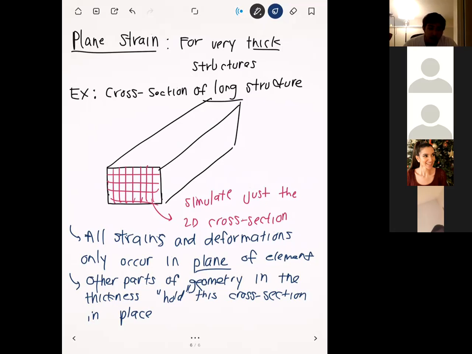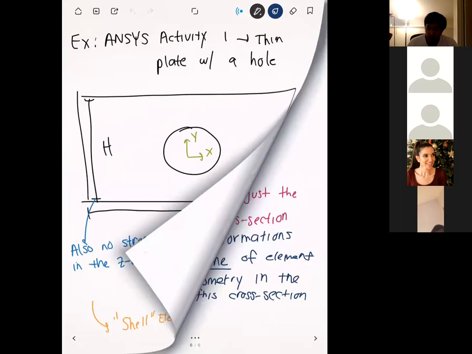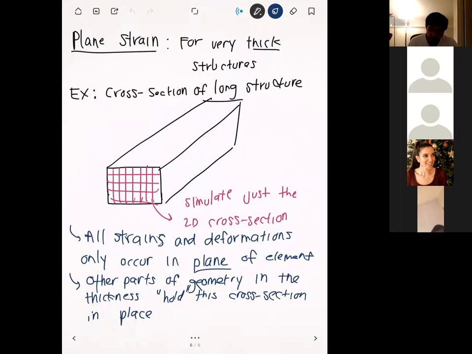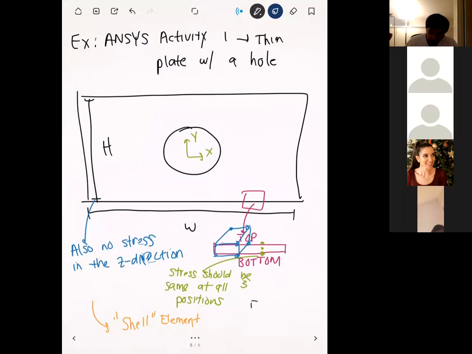it's got to be something that unfortunately is kind of problem specific, because it depends on the loading as well, right? If you have loading such that you expect there to be a gradient of stress throughout, let's take a thin case as an example. Let's say that we have a beam, and it's kind of thin like this, okay? Right? And then we're trying to see, can we use a 2D simulation for this beam,